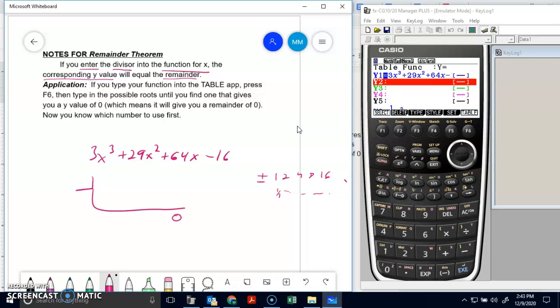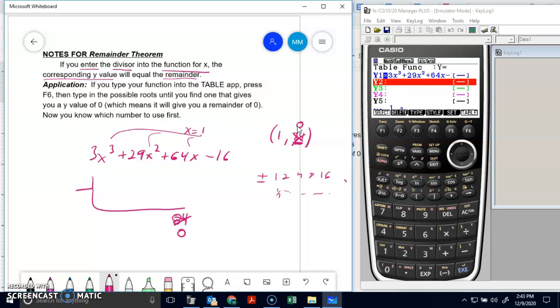Well, the remainder theorem says if you take a number like x equals 1 and you put it in for x and evaluate it so that I get the corresponding y value, say it's 84, this y value is the same thing you would get as your remainder. Now we clearly want 0 as a remainder to know it goes in evenly, so I want to see a